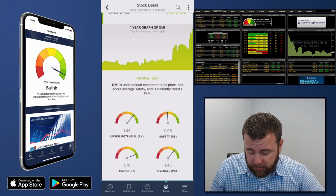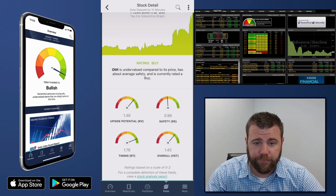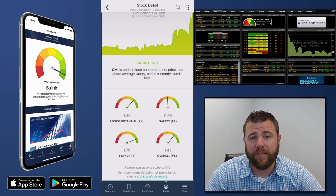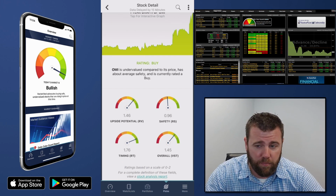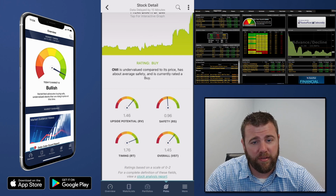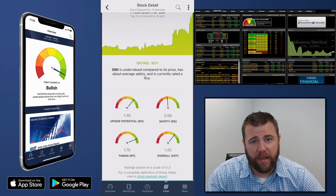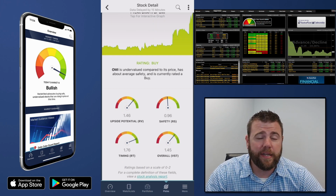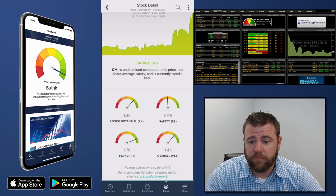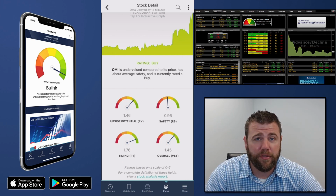Looking at the analysis, as always, we use 4 indicators to analyze our stocks. All of them are going to be cast on a scale of 0 to 2, and above 1 is good, below 1 is bad. So as long as you can remember that, VectorVest is going to make your life really easy. So the first one we look at is the RV, or relative value. This is looking at the long-term potential over the next 1 to 3 years. As you can see, 1.46 tells us that we have good long-term potential over the next 1 to 3 years